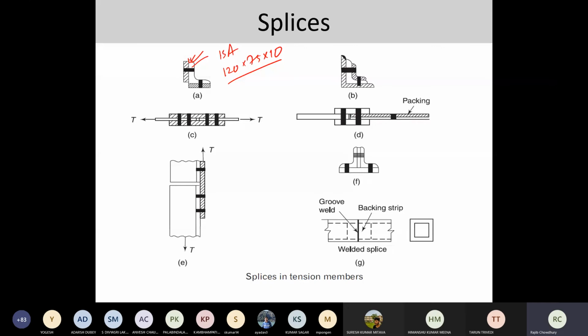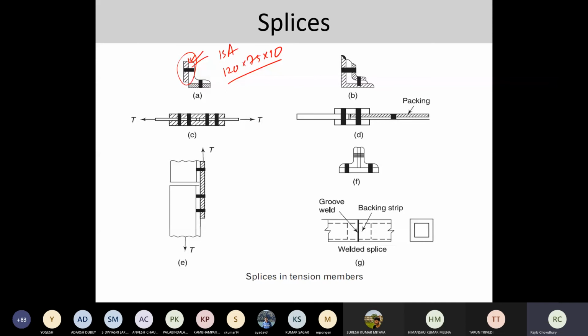So think of it in that situation. After making the entire design, if you're telling me that you have to take a certain extra amount of load, and at the site all the steel members have already been provided, nothing more, and the site is very far located. So what could I do? I cannot bring another ISA section of a higher size. For that, I can make some splicing.